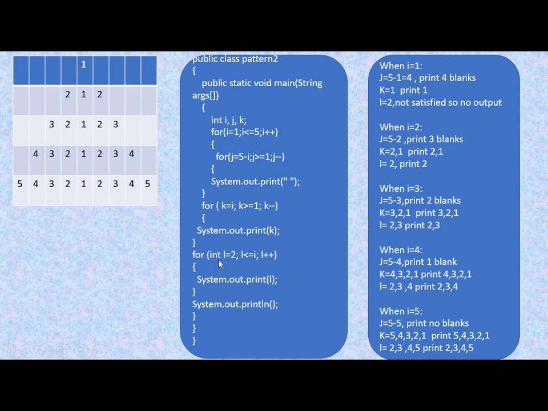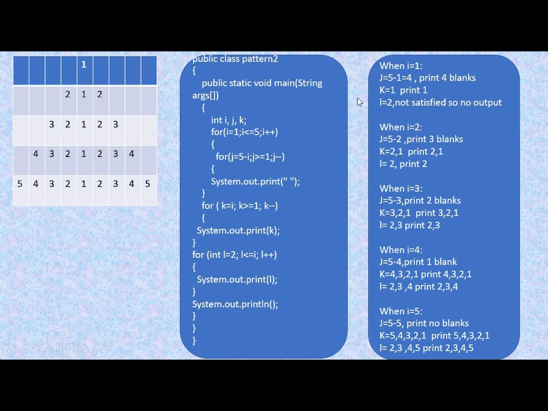Now for L, here we have the statement of L. L is starting from 2 and this should be less than or equal to I. Here you can see that this condition is not satisfied because the present value of L is 2 and the value of I is 1. So this doesn't hold. And you know that if the test condition in a for loop is not satisfied, then the body is not going to be executed. So this statement will not be printed. This is not going to print anything, as you can see that nothing has been printed, only 1 is printed.